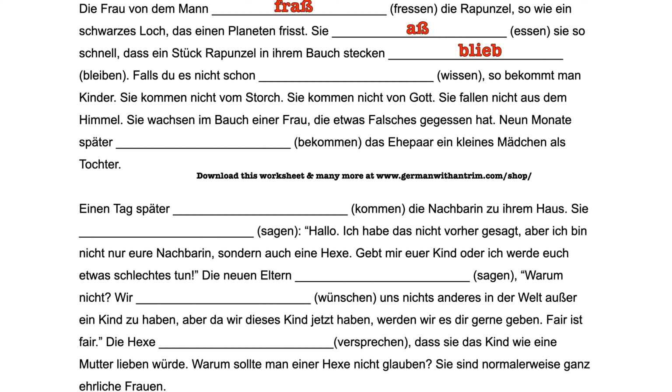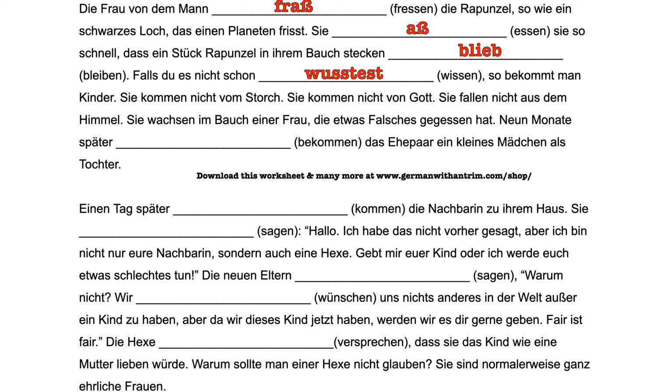Falls du es nicht schon, form of wissen. Du in this sentence is our subject, so we have to have wissen in that form. Wissen as its simple past is an irregular verb, so we have to use here an st at the end, but also the stem change in the middle. So we have wusste as our normal stem, and an st at the end of that, we end up with wusstest. Falls du es nicht schon wusstest, if you didn't already know it, so bekommt man Kinder. This is how you get children.